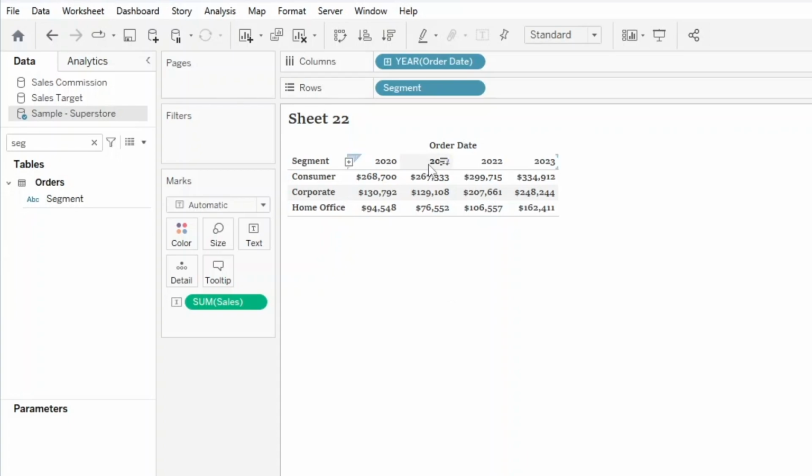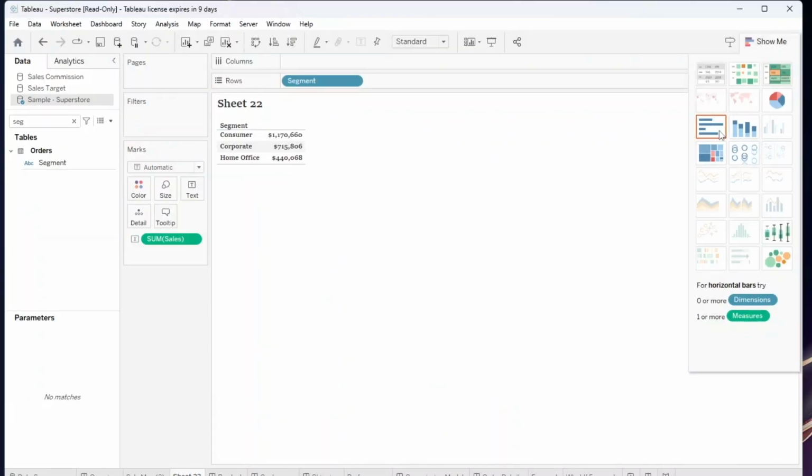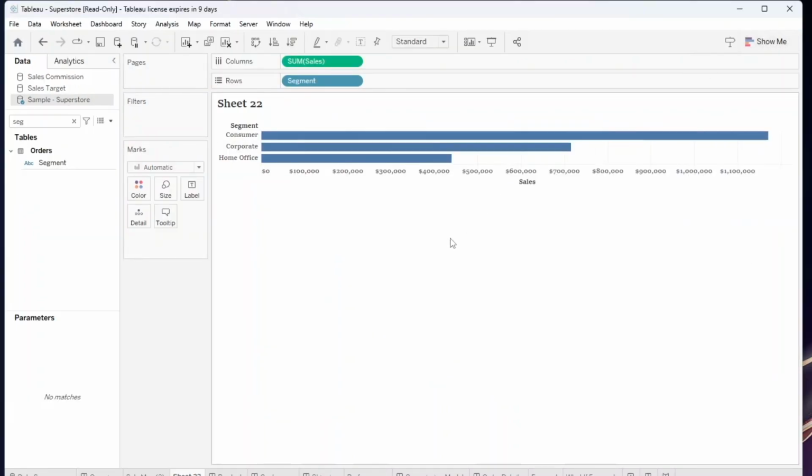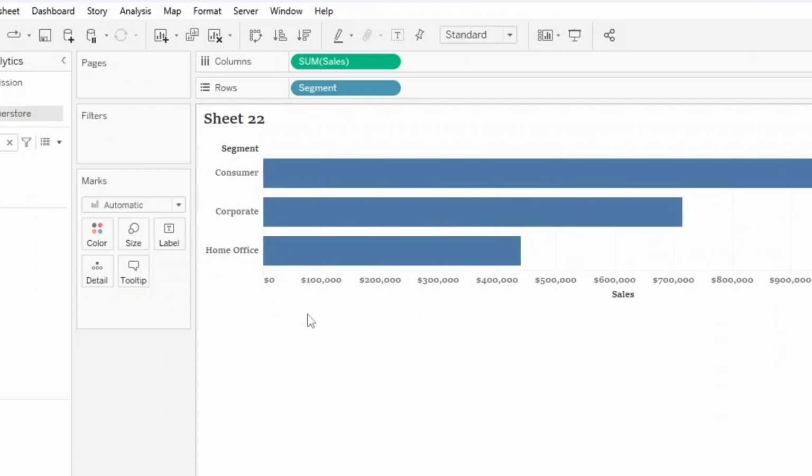And let me show you another formatting trick that's kind of interesting. I'm gonna get rid of year. So now we're just looking at cells by segment. We'll just go show me, use a bar real quick. Okay, cool. Now let's say I have somebody requesting something I would